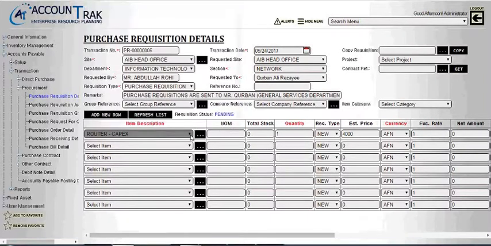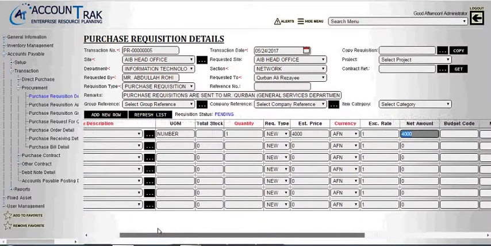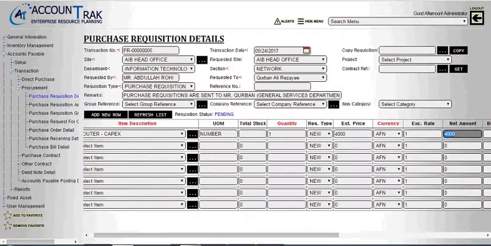And when I click the refresh list button, it will calculate the total amount, that is 4000, because the quantity is 1. If I change the quantity to 2 and refresh the list again, now the net amount becomes 8000, because 2